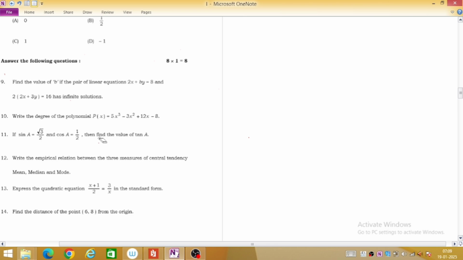Already 10 questions I explained. Today I explain 11 questions. This question is very important for any state board examination, any CBSE, ICSE, because all topics are the same, only the questions asked are different. For chapters like trigonometry, mensuration, quadratic equations, coordinate geometry, all boards are the same, but only the question patterns are different. Okay, then this is helpful for all board examinations. Then let's start with question number 11.